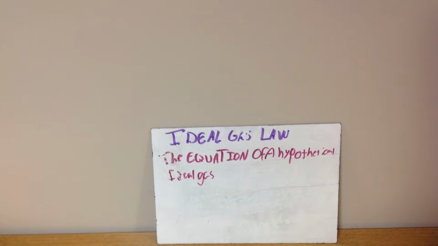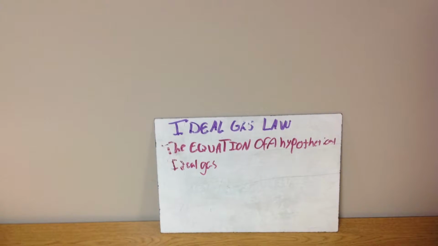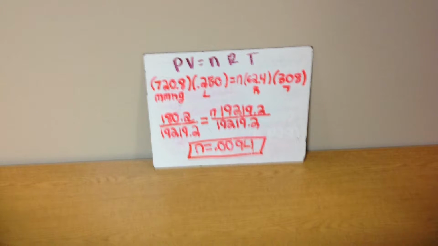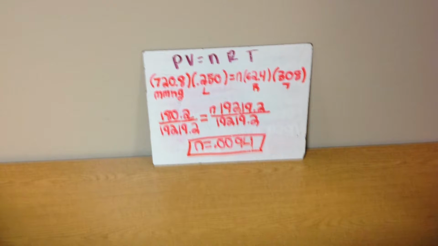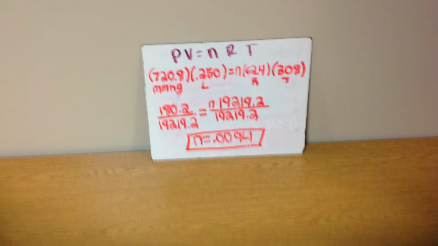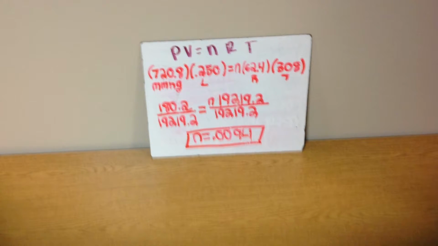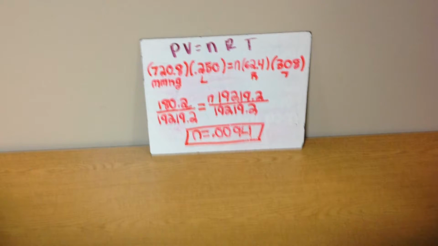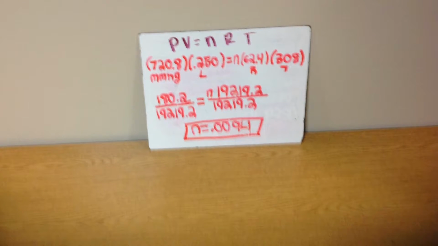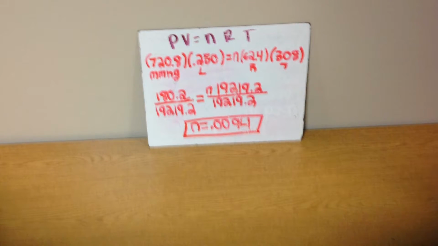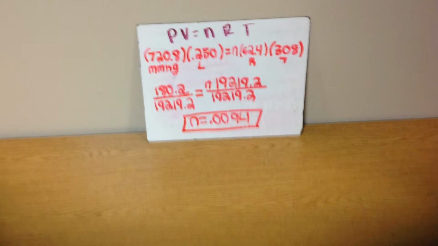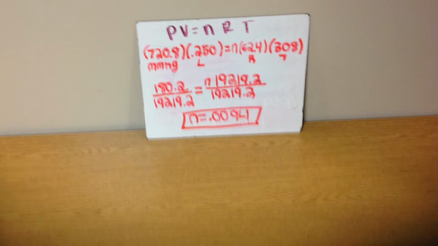The ideal gas law is the equation of a hypothetical ideal gas. An example is PV equals nRT: 720.8 times 0.250 equals n moles times 62.4 times 308. And then you'd have 180.2 over 19219.2 equals n moles, and then moles equals